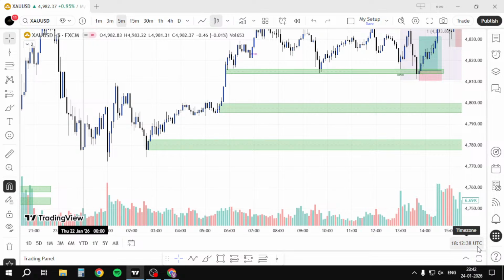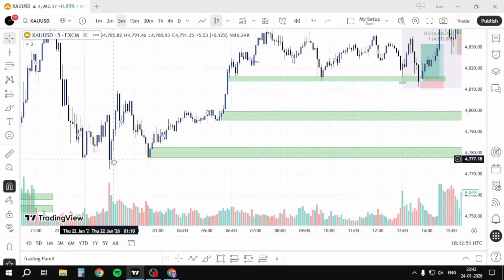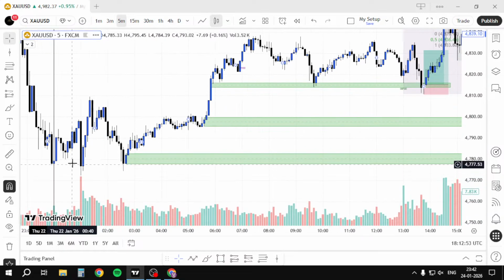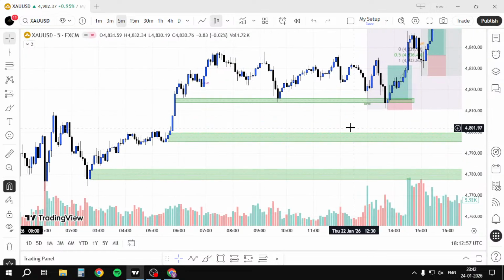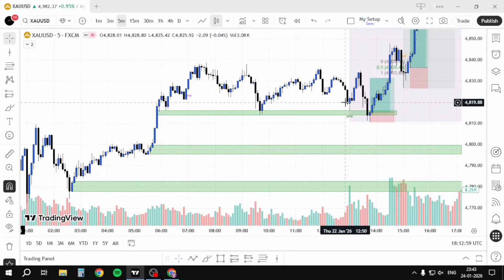In Indian time, it will be 4:30 a.m. Gold, or XAUUSD, starts. Now see here a choppy zone, then upside, upside, upside. Then we will take decisions